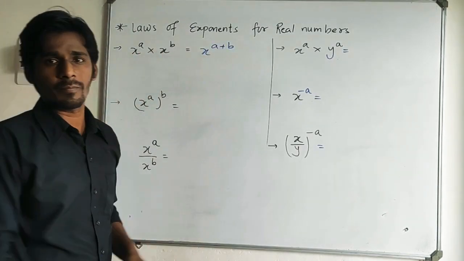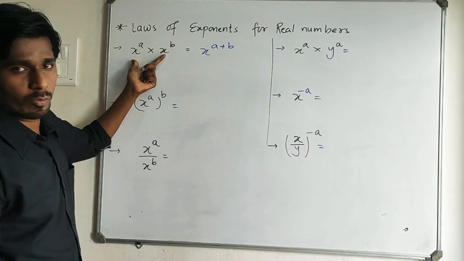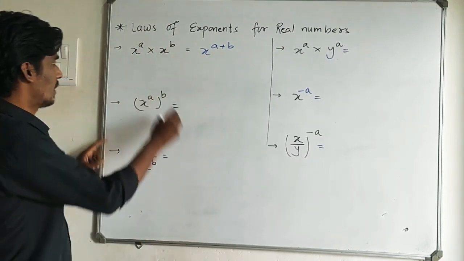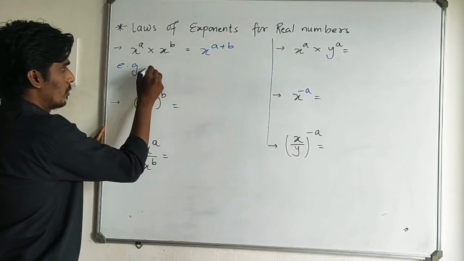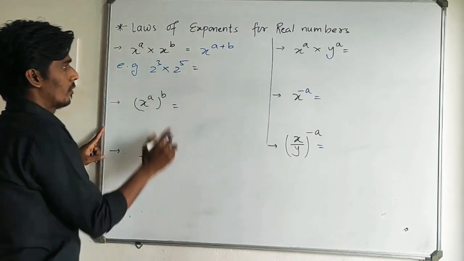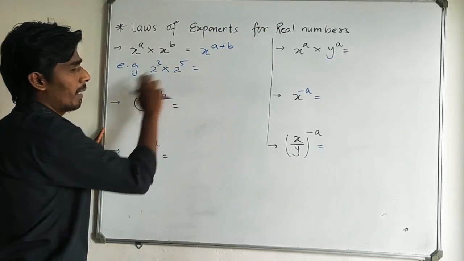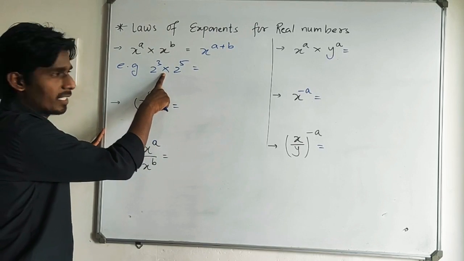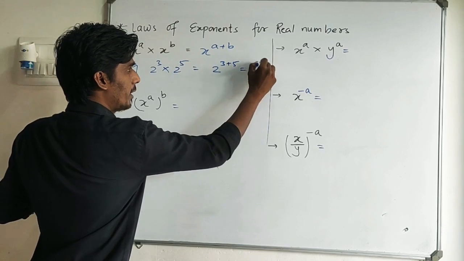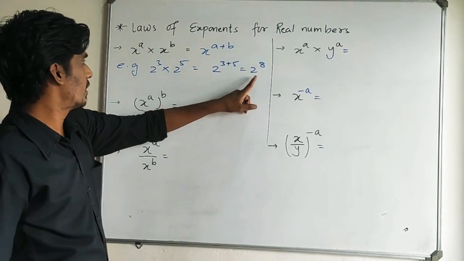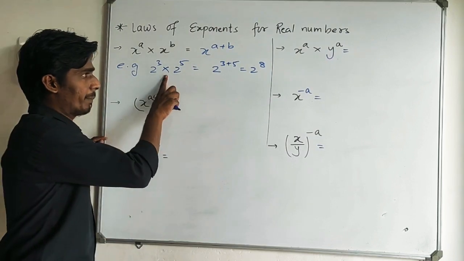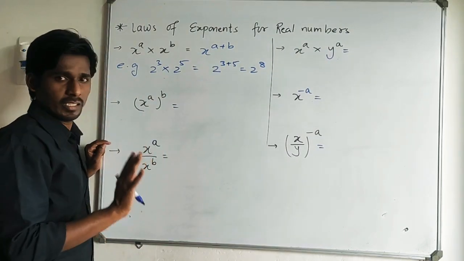तो पावर का क्या होगा? एडिशन होगा. तो जब भी मल्टीप्लिकेशन होगा having two different powers we have to add the power. Just for example, if I write 2 raised to 3 into 2 raised to 5, so here both the numbers are same but powers are different with a multiplication sign in between, so we have to add the powers 3 plus 5, so this will be 2 raised to 8. So this is the power form of this given number. So multiplication में क्या करना है? Add. इतना याद रखना है.